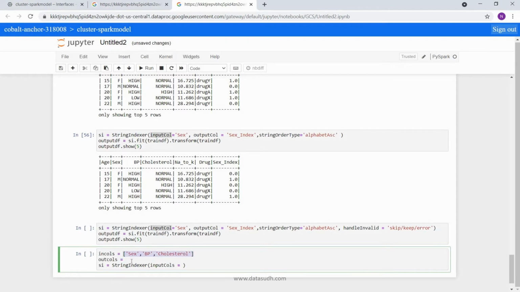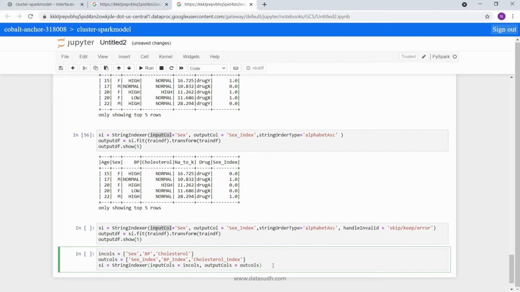We can copy this. In input columns, we specify the input cols list, and for output columns, we specify the output list.